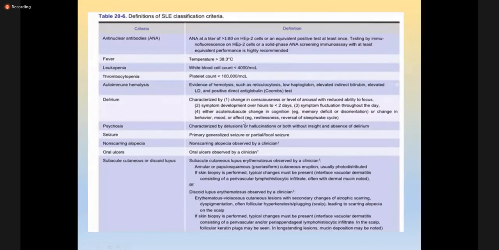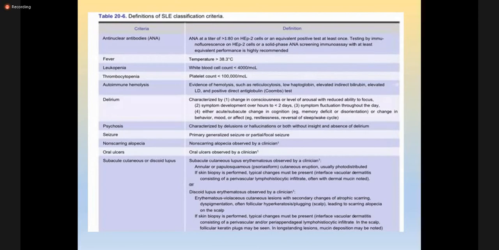Non-scarring alopecia, as I've shown you in the pictures, and there may be oral ulcers. These are actually basically signs which you can get. Patient simply would say that I'm having hair loss, but you will see on examination whether the patient is having alopecia, which is scarring or not scarring. So basically it is a sign. So is the case with the ulcer. Patient will say I am having soreness in my mouth, and you will see that there is ulceration in the oral cavity.